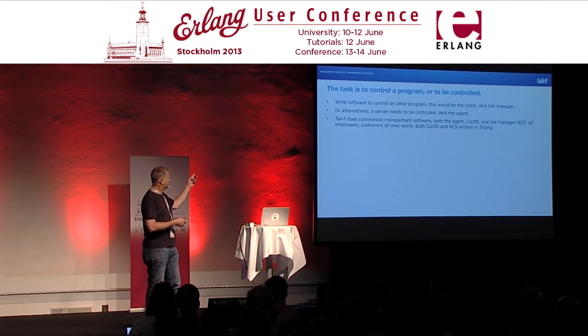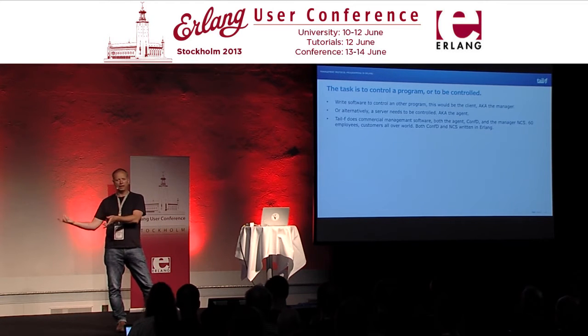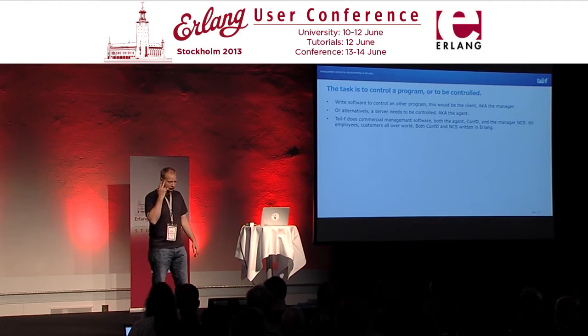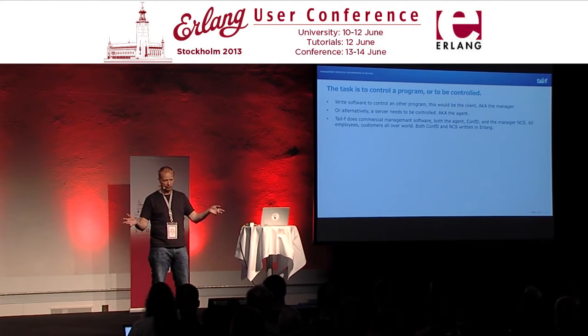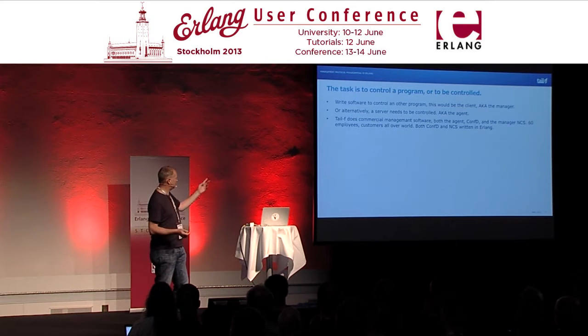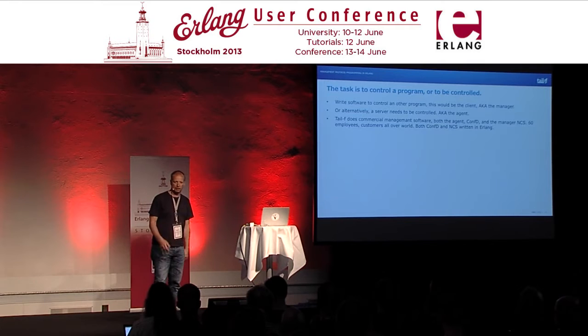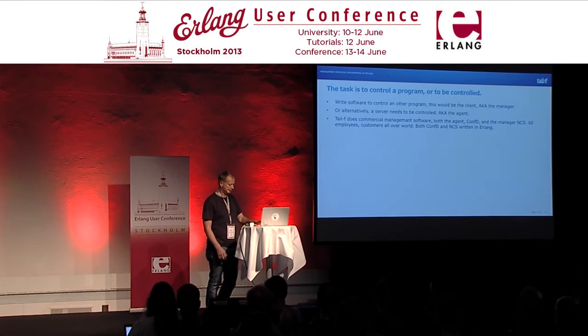So at Tailf, we do commercial software to do precisely this. We're doing the agent side, which we sell to companies that do switches and routers and whatnot. So if you go buy a Cisco router today, you'll find our software in it. And vice versa, if you have 1,000 Cisco switches and 1,000 Juniper routers and you need to manage them, we do that sort of software as well. So that's what we do. And it's commercial software and it's not open source.